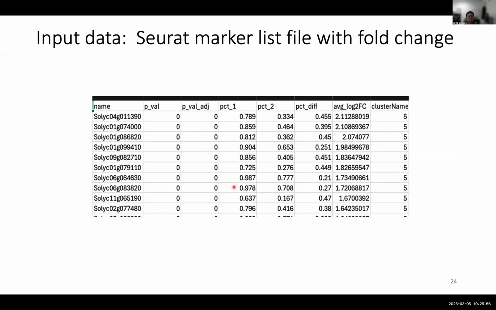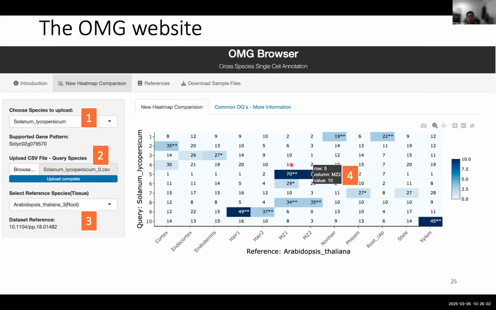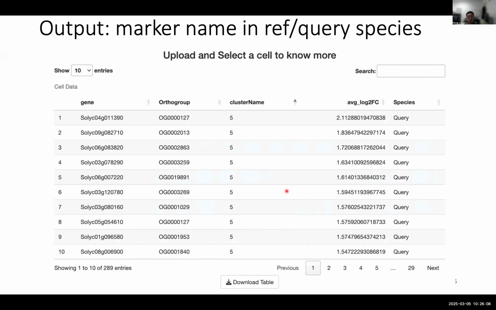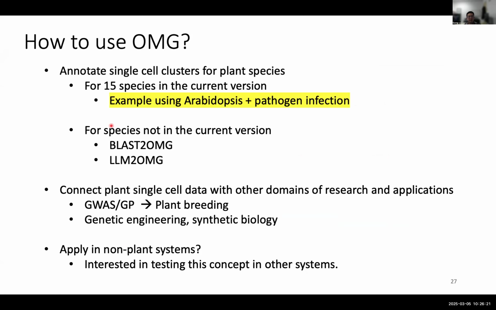And the next one, this is what this looks like. The CSV file is basically Seurat marker files. And then once you click on this overlapping marker, in this case, cluster 5 is a meristematic zone. The website will give you what are the markers from tomato, and you sort it the other way, you get the Arabidopsis markers, and they give you the log fold change, and you can go ahead and look at their biological functions.